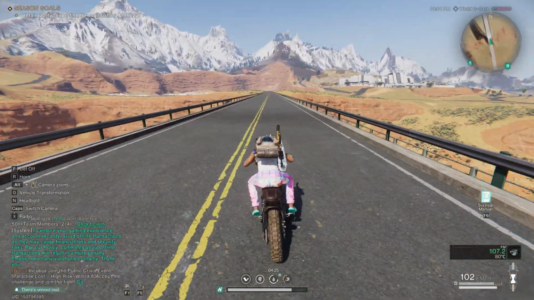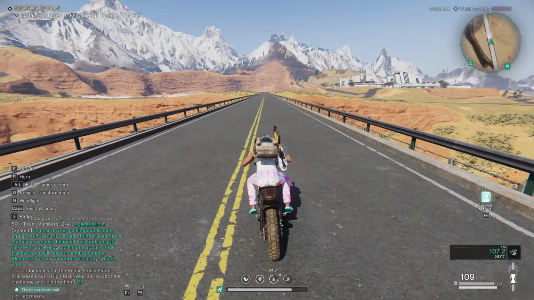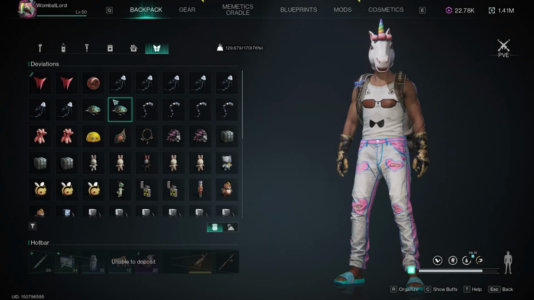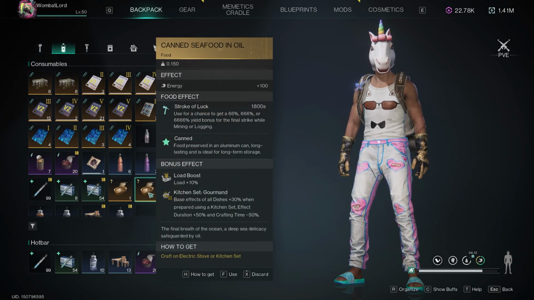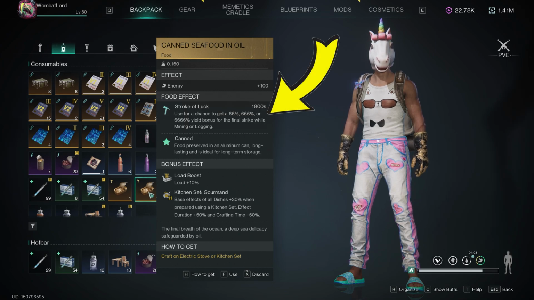It's probably the best location, Red Sands, to get silver and gold. So you might as well be getting the gold while you're doing it. Now something else you could do while you go into your food, you could make some of this stuff, canned seafood oil. This one here boosts the chances of getting more silver, gold, things like that by either 66%,